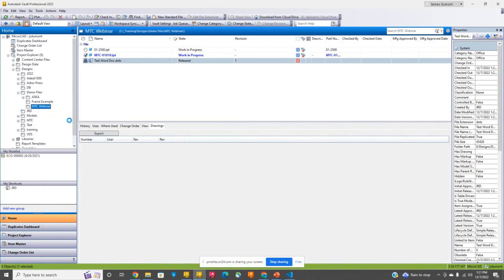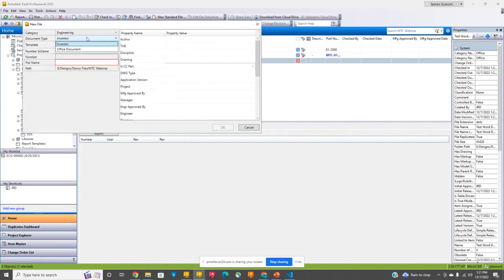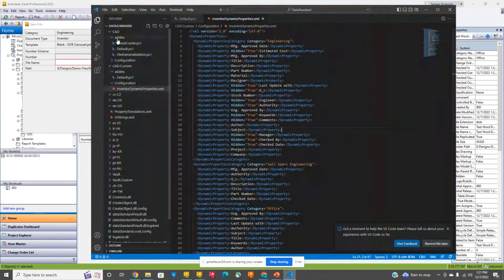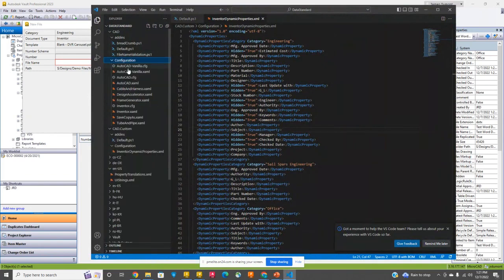When I create a new standard file, I can create an Inventor or an Office document. When I do Inventor, I can specify what template file I want to use. Am I doing a part file, an assembly file, or sheet metal? That's entirely up to you. That's actually controlled. If we look at the CAD and configuration,